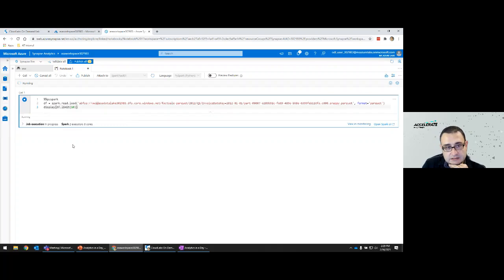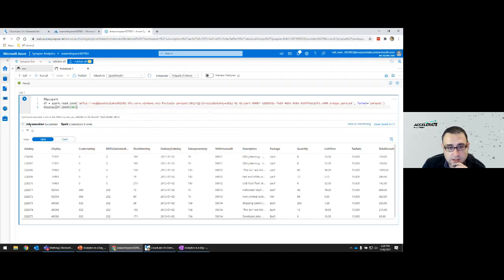Now we see that the Spark cluster is on, it's awakened, and we can see that we have 2 executors, and I guess it's 4 cores each, so a total of 8 cores. If you don't understand the Spark architecture, I encourage you to read about it, but essentially there's a driver node, a node that manages and sends the work to the worker nodes. Worker nodes process the data and then send it back. So having the right number of worker nodes, task nodes, and some other special nodes is key. It's essential to be able to scale your solution.